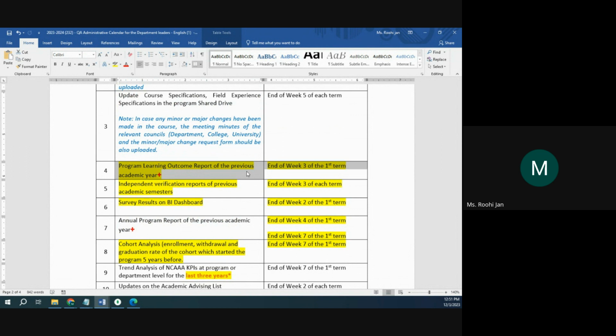If there's no comment, then I'll leave the floor to Mr. Rida. He will be talking about the Jahaziya program. Yeah, thank you, Ms. Rohi. So, for Jahziya,